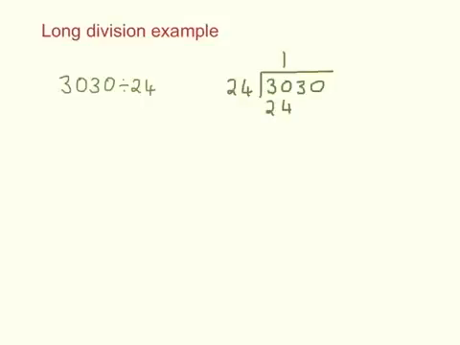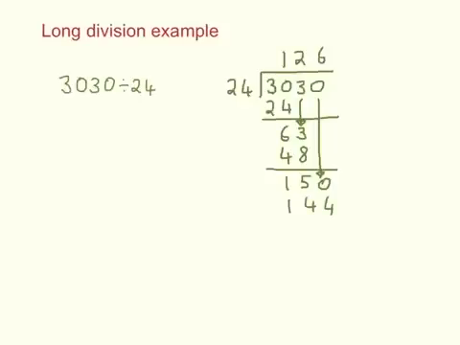How many 24's in 30? 1. I subtract to leave 6, and I pull down the 3. There's 2 24's in 63, and that's 48 to take away, leaving 15, and I pull down the next 0. There are 6 24's in 150, that's 144 to take away, leaving me with 6. Here, I might recognise that my answer is 126, and 6 over 24, which can be cancelled down to 126